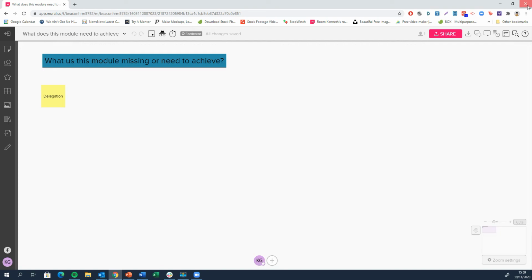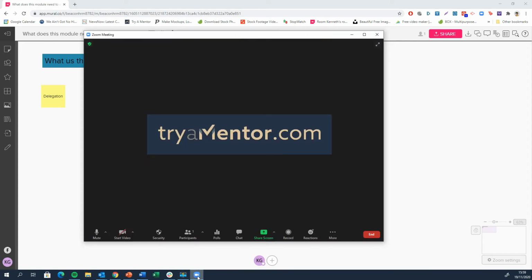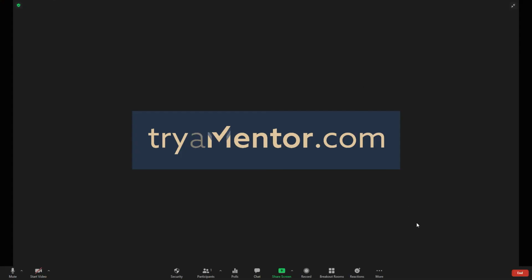But I'd like you to bring your attention to the bottom of the screen. Can you see the Zoom icon? I've just clicked it, and as a result, if you click this while using the virtual whiteboard, you will suddenly be able to see your colleagues' faces. Again, by going up into the top right hand corner of the Zoom screen, Zoom will then dominate your entire